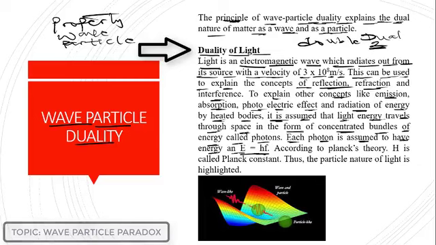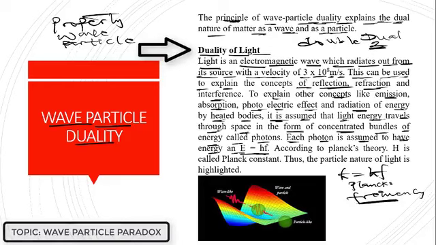In our previous lessons, we've encountered this equation time without number. It means E, the energy of the photon, is equal to hf, where h is Planck's constant and f is the frequency of the electromagnetic radiation. According to Planck's theory, this helps to highlight the particle nature of light. That's exactly what you see in this diagram here: light behaves like a wave-like particle.